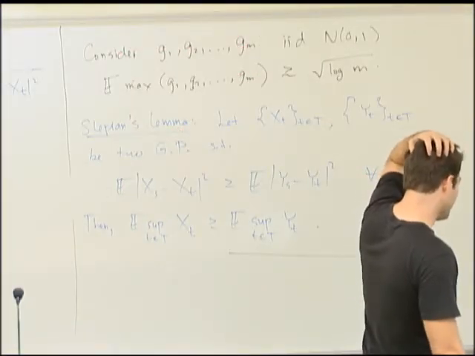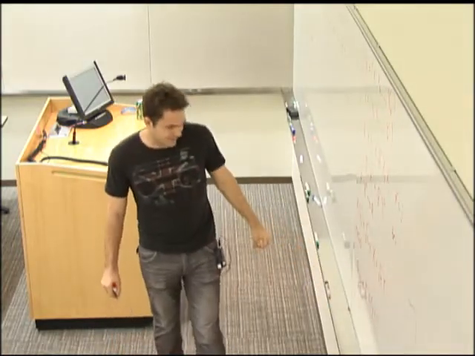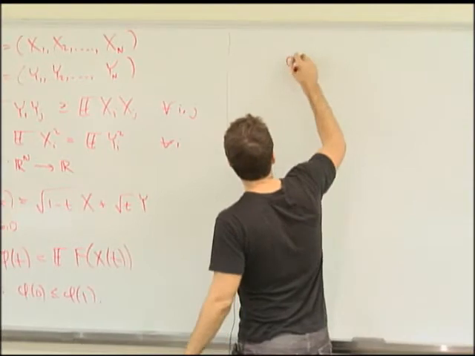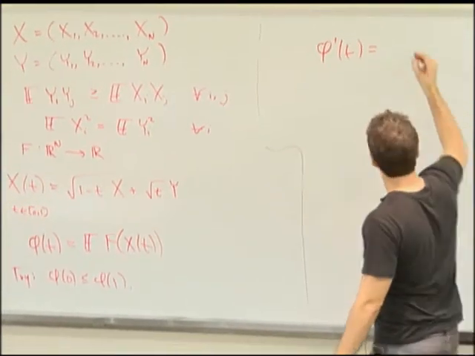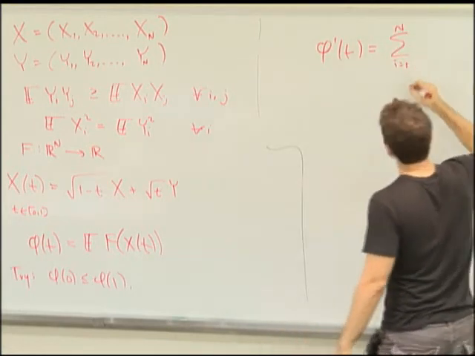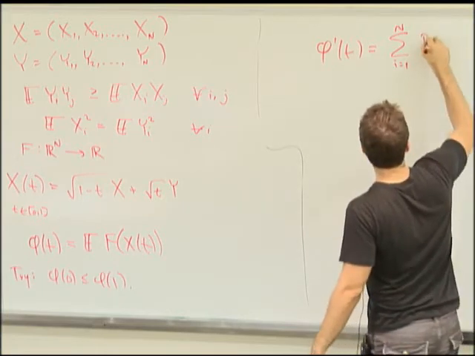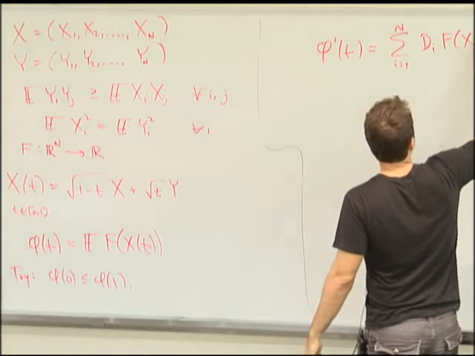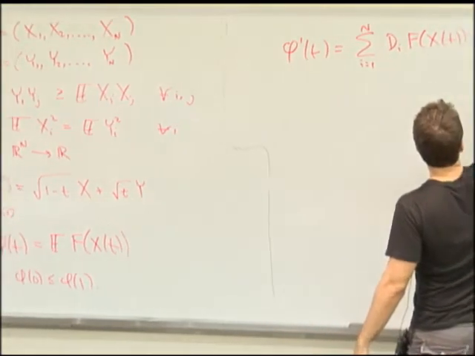All right, so now let's hope that I remember how to do calculus. So let's take the derivative and see what happens. All right, so here's what happens. Okay. Well, we have to use the chain rule, right? So let me write it down, and then we'll see what's going on. The partial of f at x(t) times x_i prime of t.